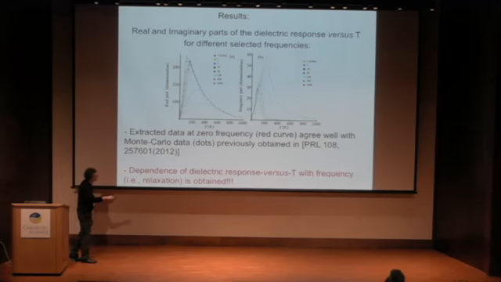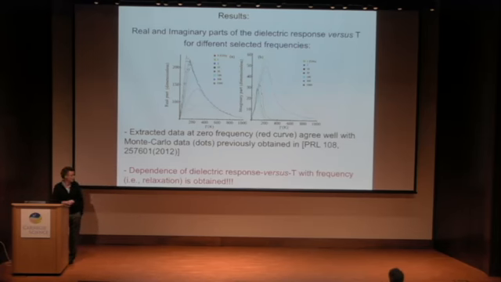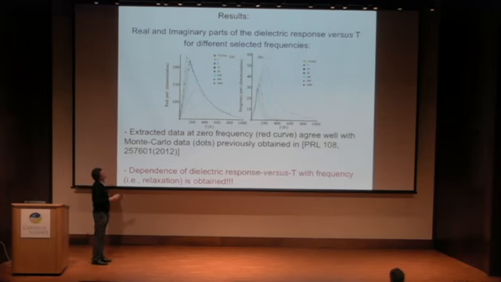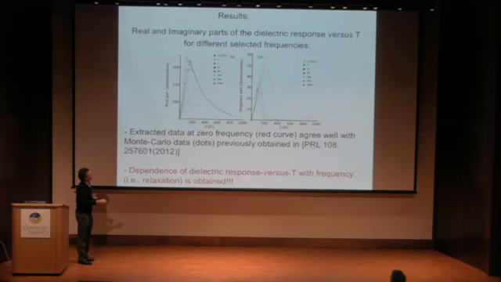So what I really want to indicate is that now it is possible, via atomistic simulations, to finally get this dielectric relaxation. Also, we compare our MD data at zero frequency, the red line, with what you can get from MC results. It's a different technique to get that. This is indicated by dots, and basically the two curves agree well. So we are quite confident that the two schemes are working well,